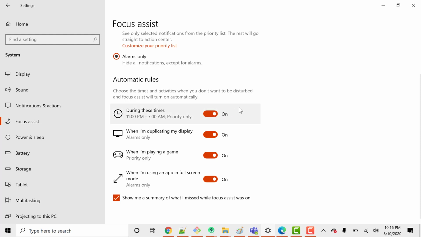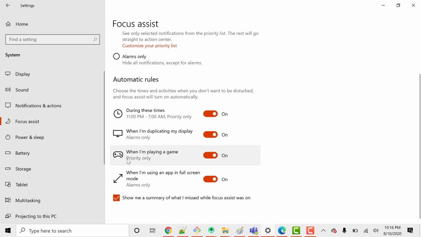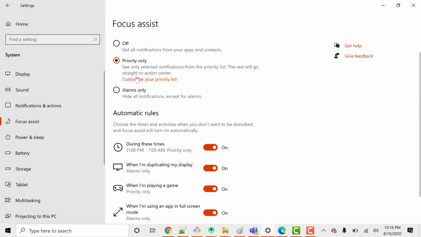So let's say if it is on, then I'm saying that from 11 to 7 I don't want to be disturbed, right? Because generally from 11 to 7 is the sleeping time. So I'm saying that at this time there is no point of notifications. So at this point I'm making it on, so that I don't get disturbed, right? And this will work only for priority only. So if you select this one, then this option will work, right? Same with this one. If you see here also we have this priority only. So this will work when this is priority only.